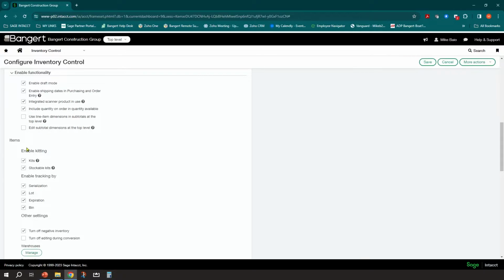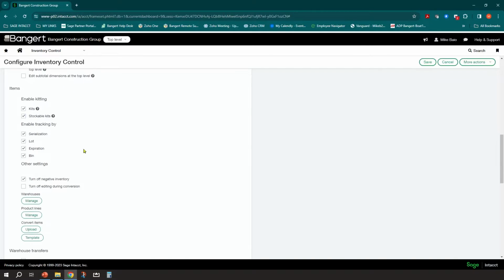We're not going to touch and get into detail on kitting inside inventory. If you need more information on that, take a look at the help here. And, assuming we'll be making some additional videos on that at some point as well for kitting. But you do have the ability to track and establish kits. So you can turn that on there if you need it.